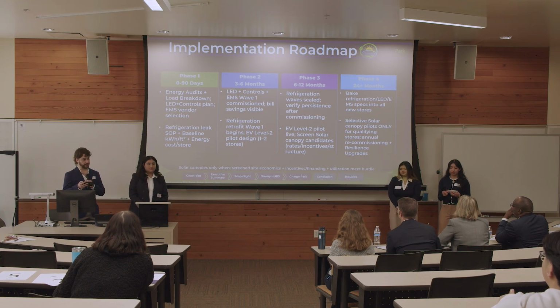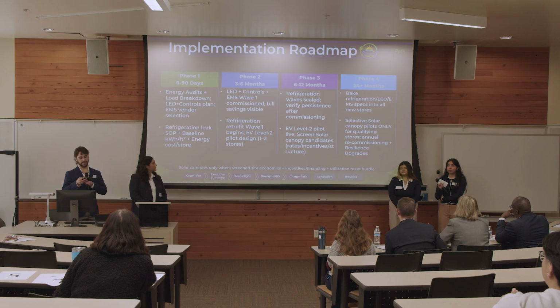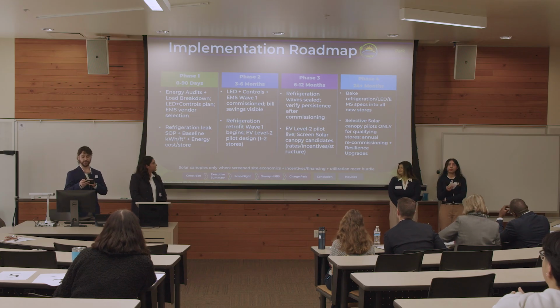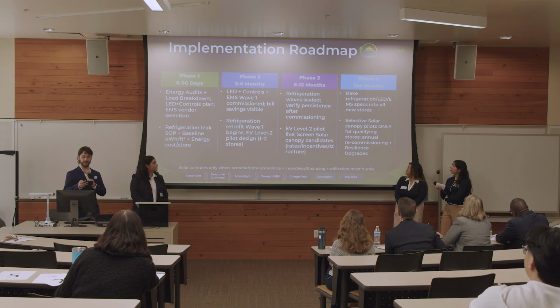Phase 3 scales refrigeration, verifies persistence after commissioning, runs the EV pilot live, and screens solar candidates by rates, incentives, and structure. Phase 4 standardizes specs into all new stores and deploys selective solar canopies only for qualifying sites, with annual recommissioning and resilience upgrades. To manage all three moves together, leadership reviews one monthly dashboard: cost to serve, service reliability, and